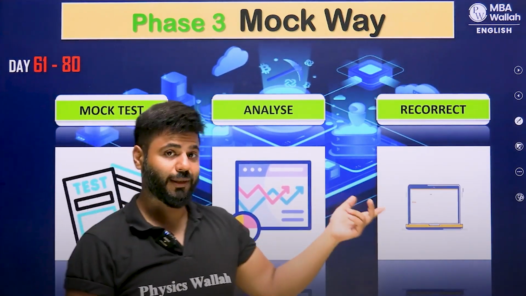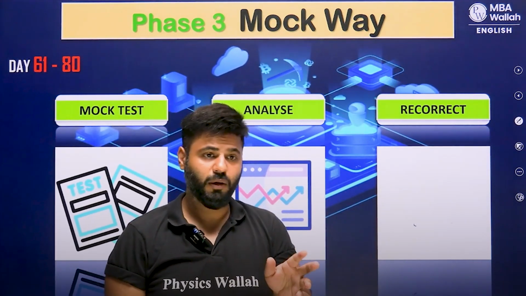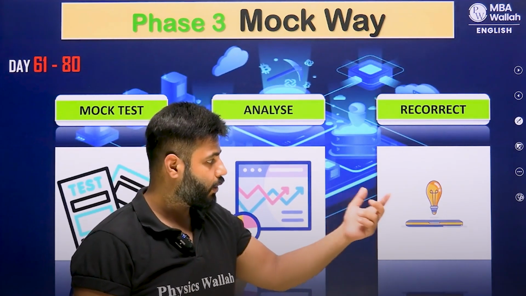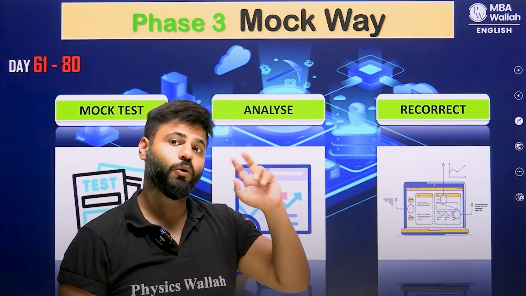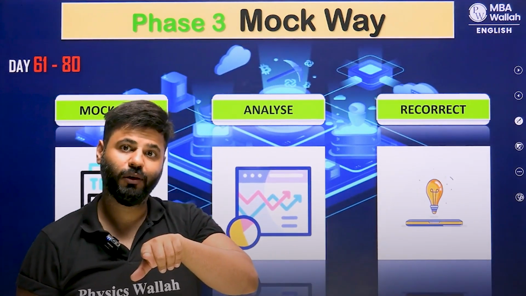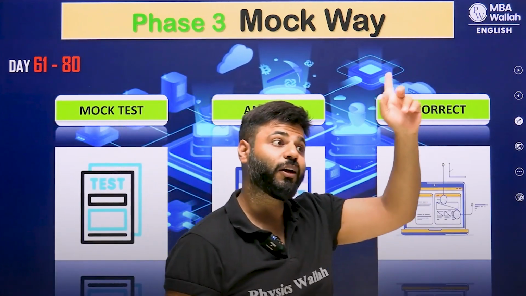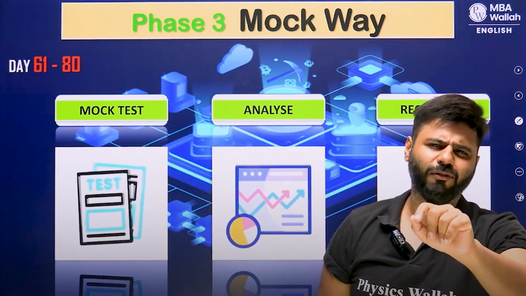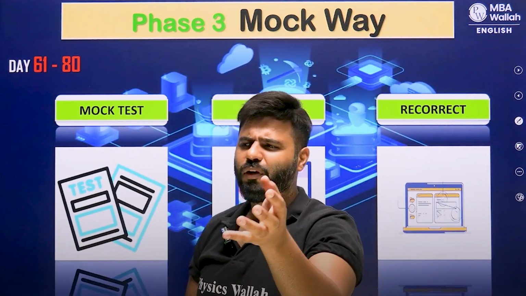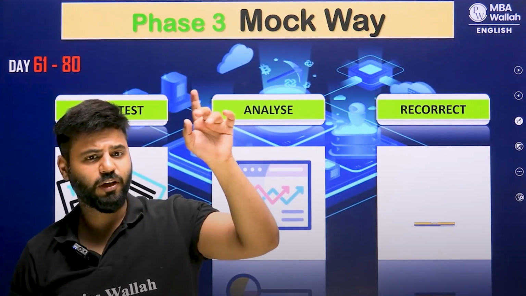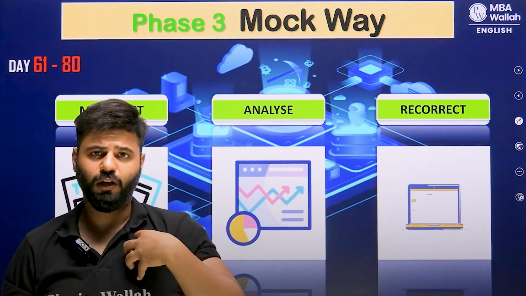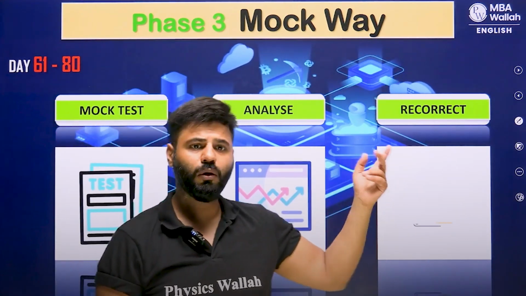So you can recorrect your ways. You can understand that, okay, this particular topic is my weakness. I'm never able to do inequality questions. And then you need to revisit. You go back and revisit that particular topic. So you're getting more time to rectify those areas where you had a little bit of hiccups in phase 2. There were some topics where we feel underconfident. Here is the time to work on that.